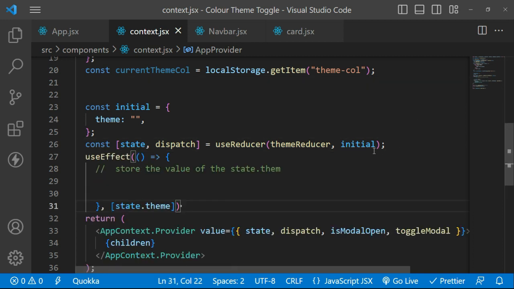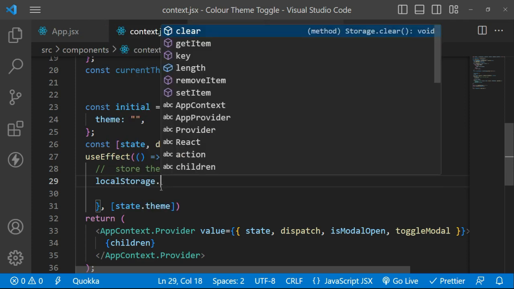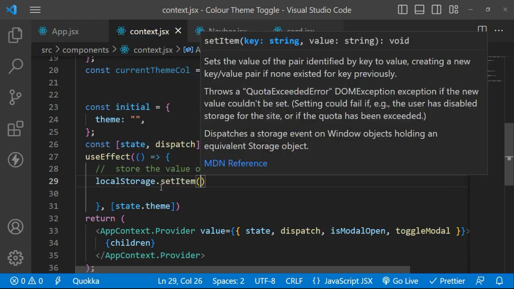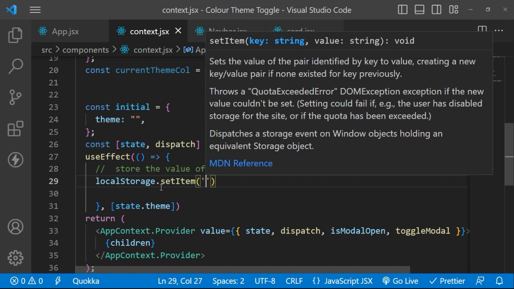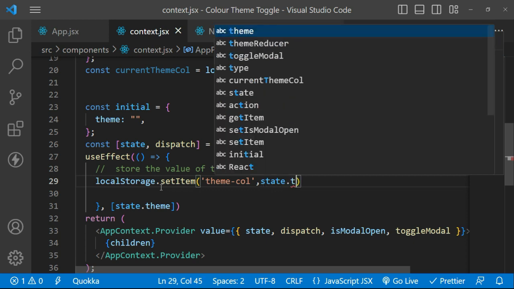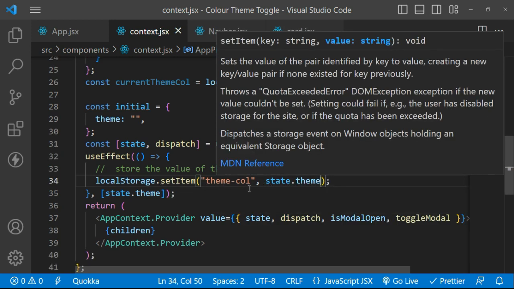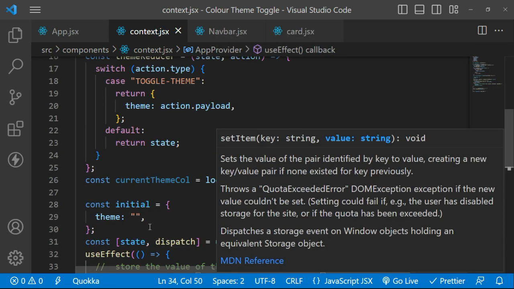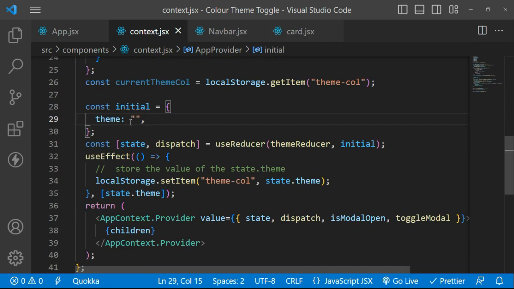So now we want to save that to local storage, so it's going to be local storage dot set item. The key that we used was theme color. And then we want to set the item to the state.theme. So the value of the state.theme gets stored in our local storage. So anytime the page reloads, we expect that the theme becomes our current color or